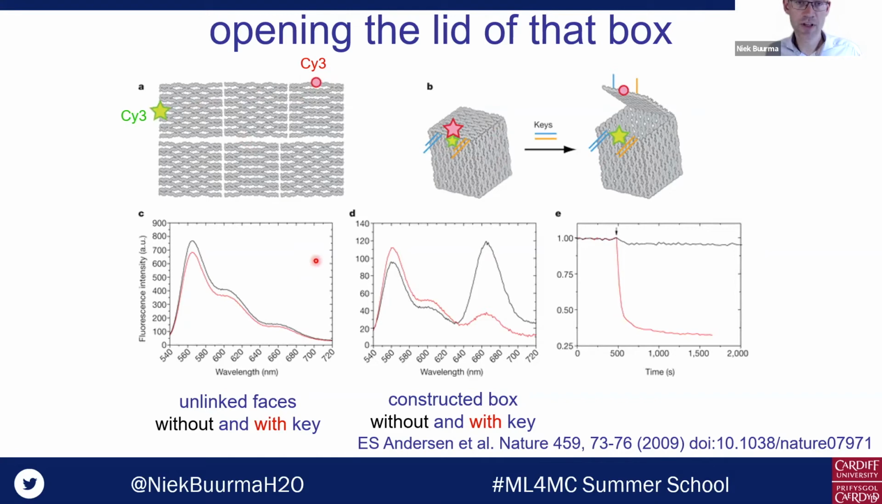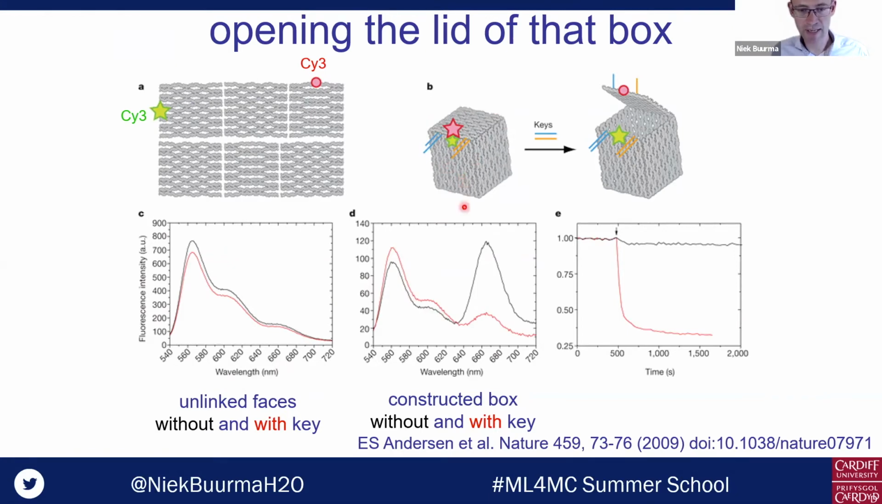And the way that you can then see that is, again, whether you get any threat, whether you get any energy transfer between the 2 chromophores. You see that over here, if you have unlinked faces, so if you don't have the bits of DNA here and here that close the lid of the box, then it doesn't really matter whether you add the key or not. But if you have the constructed